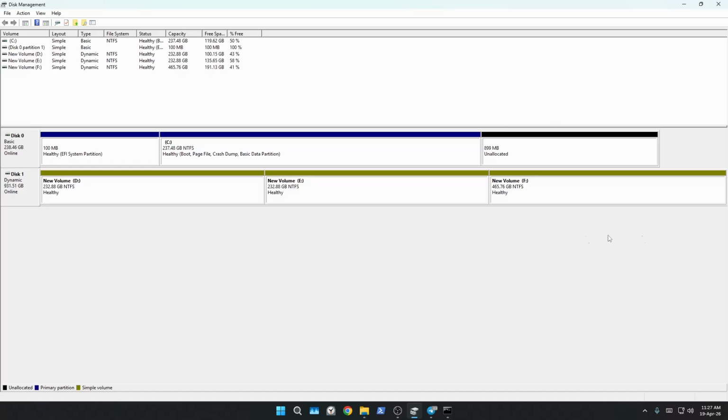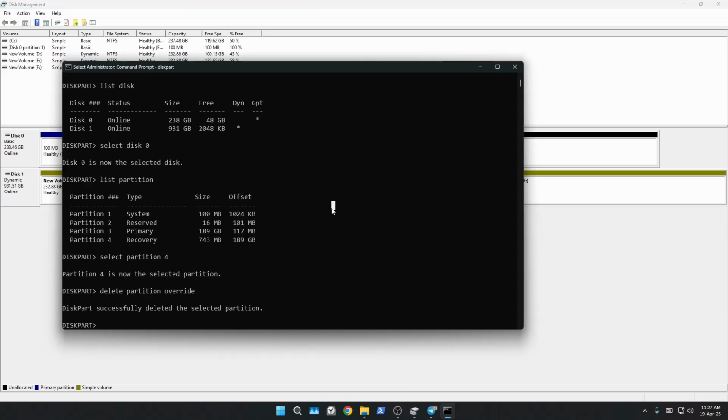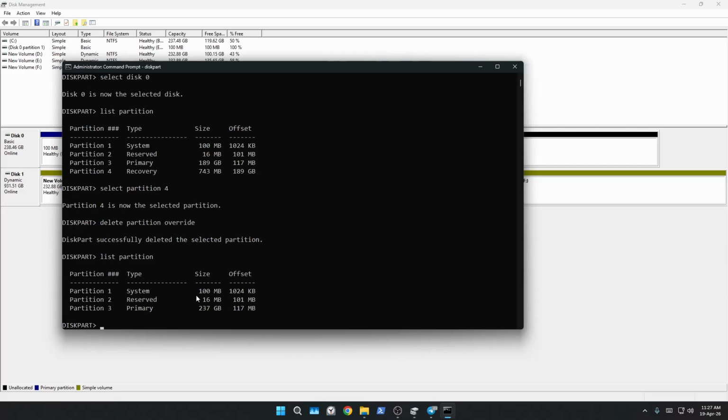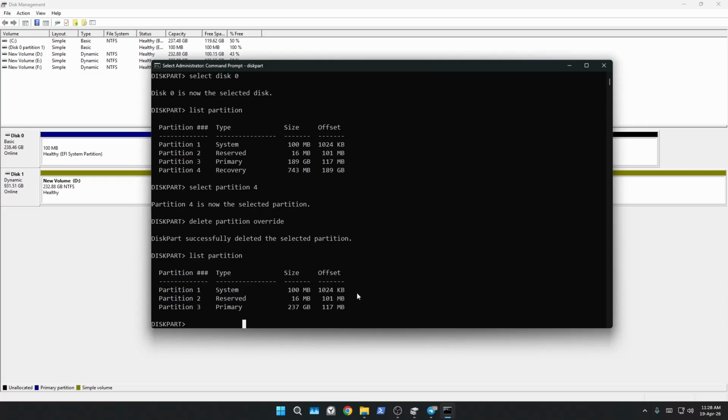Now that we have deleted Ubuntu and extended our C drive volume, now we have to restore the Windows bootloader so that whenever we open the Windows, it would open easily. So we are again opening the command prompt and the diskpart. So first we list a partition. So here we can see our C drive has been extended and we can see there is a partition 1 with the name system of size 100 MB. So this partition contains the file of EFI from which we have to delete the Ubuntu folder.